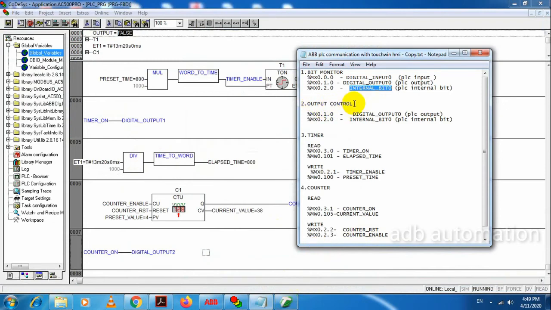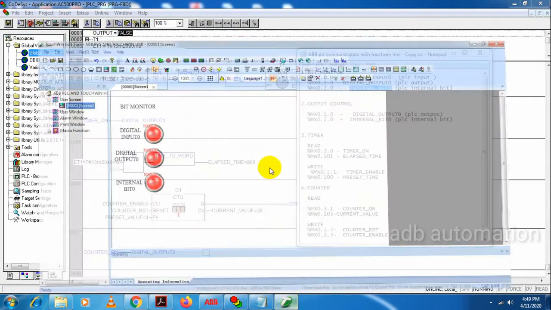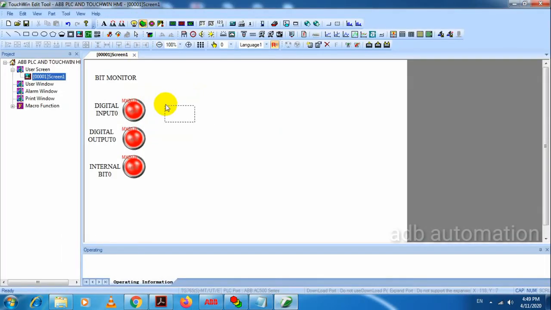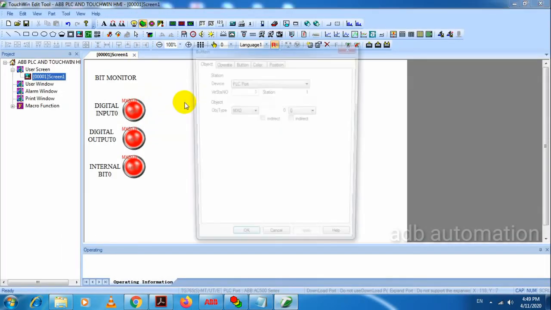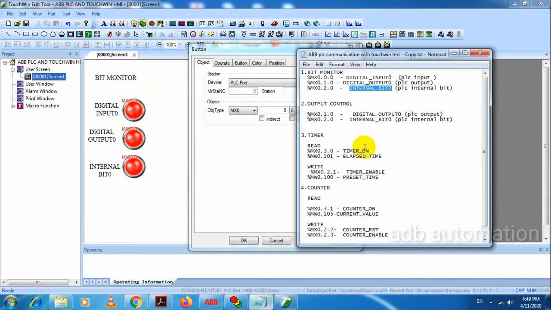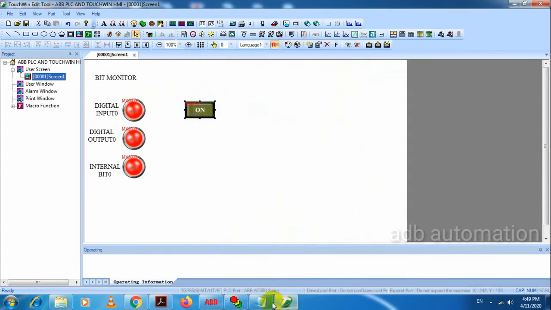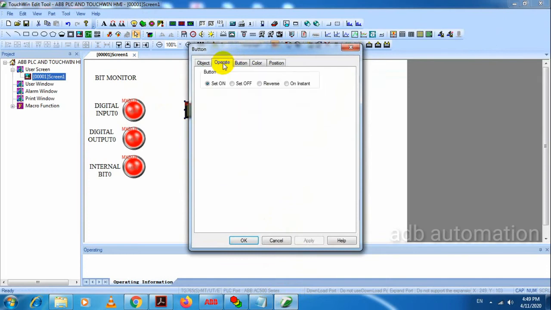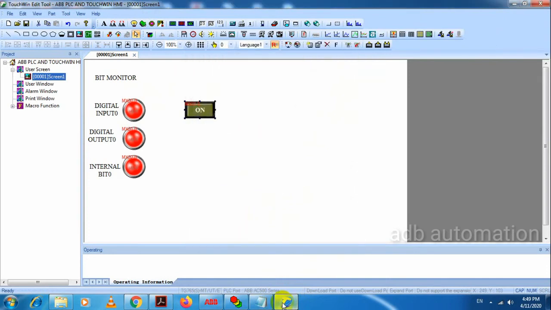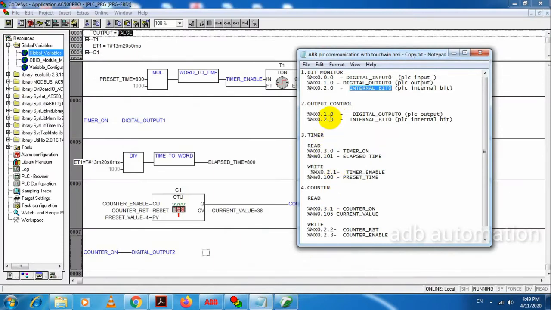Okay, next is output control. For that I'll use 2 buttons. What is the address? mx 0.1.0. What operation has to be done? Reverse operation, on and off. Okay, next one is mx 0.2.0.